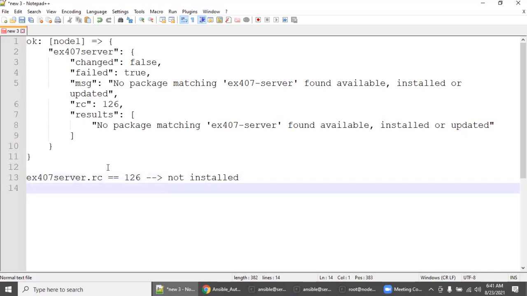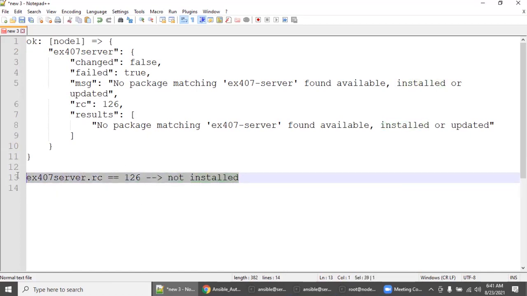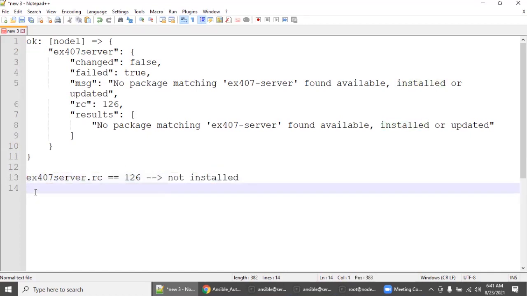The same we can copy to form the opposite condition also: if it is not equal to 126, we can say installed. But I would prefer to make some RPM, rename it ex407, and then try the actual successful scenario also. This is how you need to form a condition.